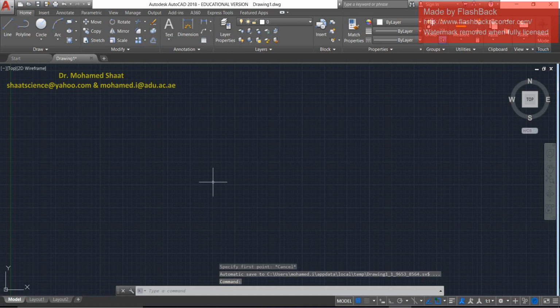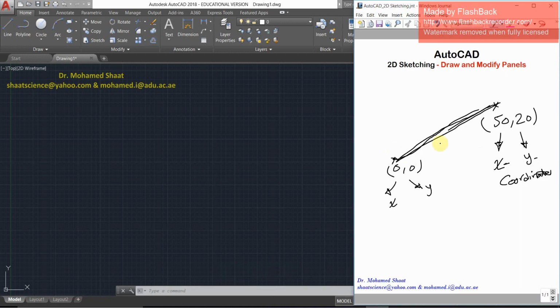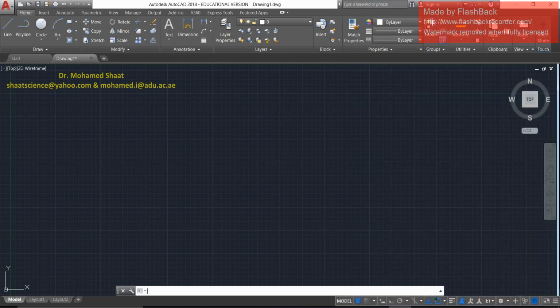It is better to switch off the dynamic input, and now you can use the coordinates and the keyboard to specify, as I said, to draw a line between these 2 points, 0, 0 and 50, 20. So how can we do it? Basically, simply you record line,